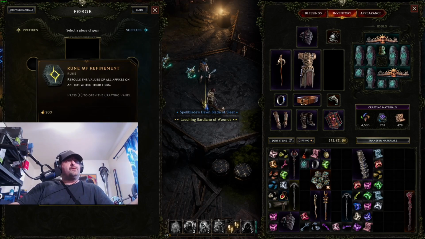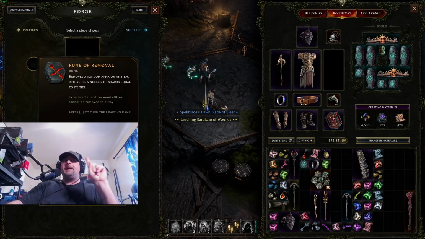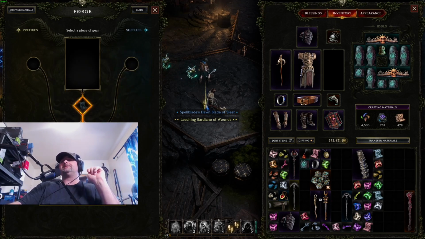Then we have Rune of Refinement, which re-rolls all the values of all affixes on the item. Okay. Then we have Rune of Removal, which removes a random affix. It's not a specific affix. So if I use this,